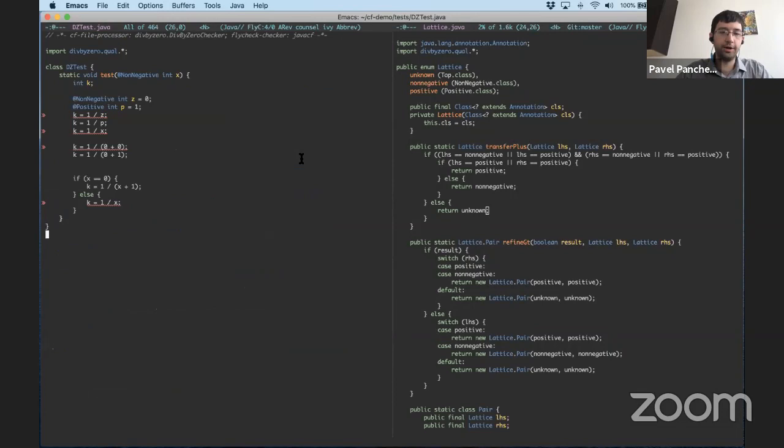And that's what's going on under the hood here, where I say that 0 plus 0, well, that's going to trigger transfer plus with non-negative and non-negative. So that'll go down this branch, but it will not go down this branch. That'll return non-negative, and so we have 1 over non-negative. That's an error. But in this code, we have non-negative plus positive. That'll return positive here, and that will allow this division to work without an error.